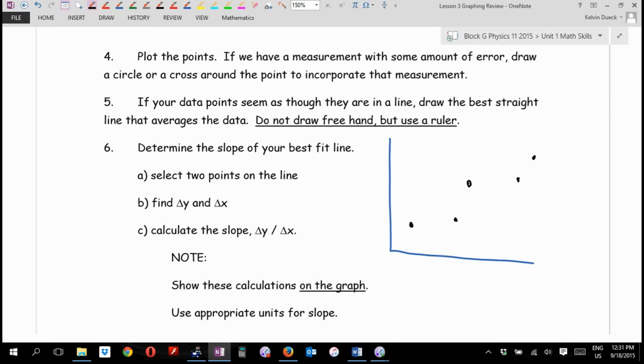What we're going to do is we're literally going to lay our ruler down and try and go through as many dots as possible and then split the difference. Try and have as many points above and below. That's going to be our best fit line. Here's what you don't do. You don't go connect, connect, connect, connect, connect. That's not a line. Instead, and I'm going to eyeball this here, for me, my best fit line probably would be